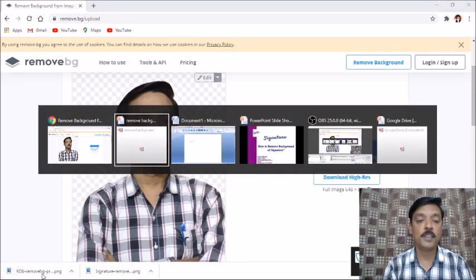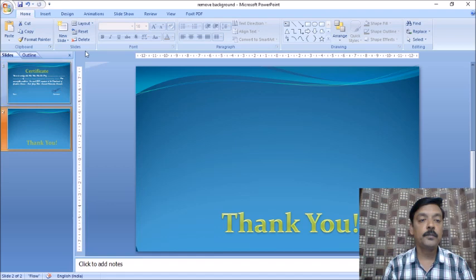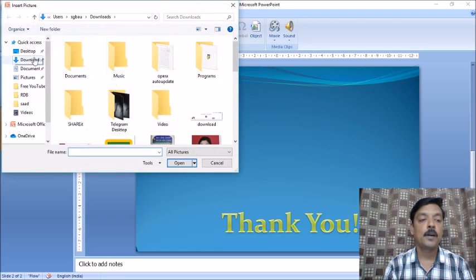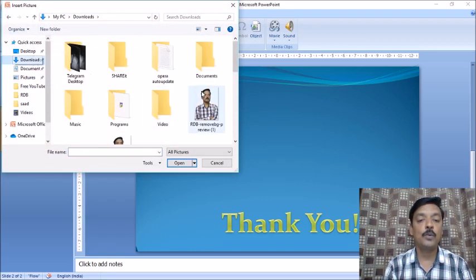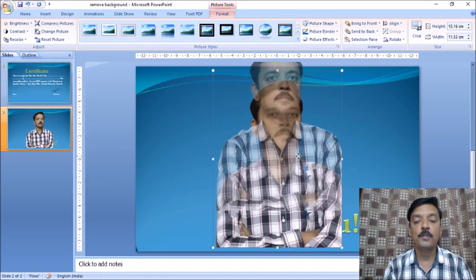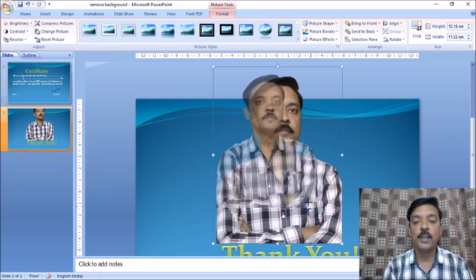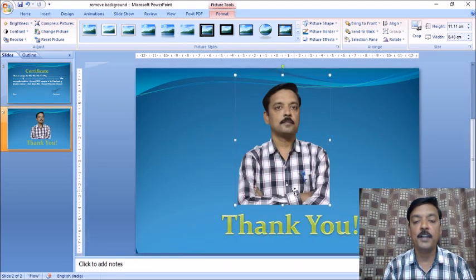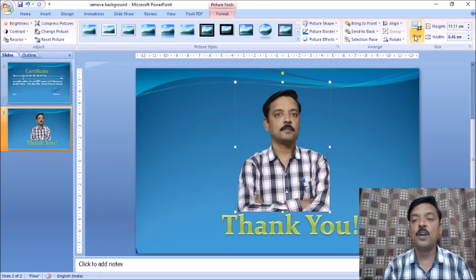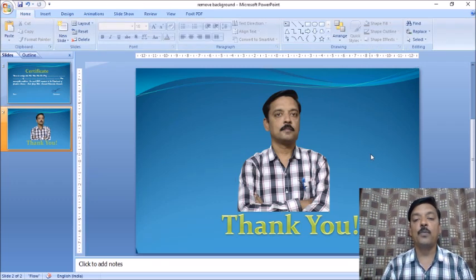And now we'll try to place this image somewhere. So I'll again choose the insert option, picture, and from downloads we have to choose the image. So this is my image. I'll choose that image and click on insert, and now you can watch, I can make any modifications on that image as per my need. You can crop that image or, as per your need, whatever changes need to be made can be performed on that image.